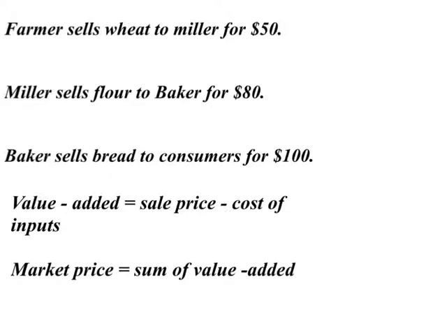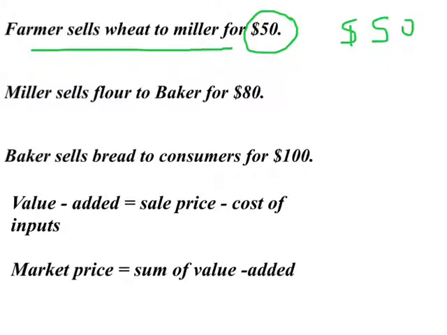Suppose it costs nothing to the farmer to produce wheat, and the farmer sells his output to the miller, who converts it into flour for $50. So what is the contribution of the farmer to the production of wheat? It will be